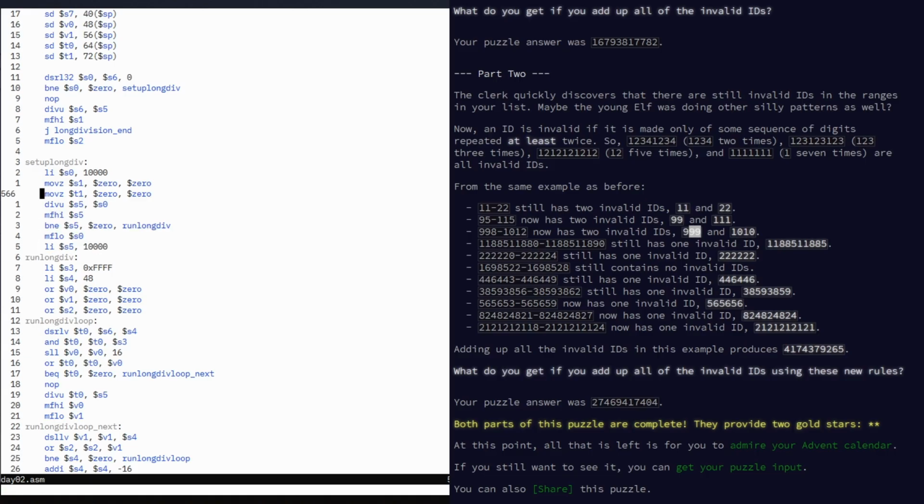So let's see. We move the high into S5. If it's not equal to 0, then we branch straight into long division, which will also flow, load the low into S0, and then we load S5. If it is equal to 0, then we end up loading 10,000 to S5. So we'll do the 10,000 first. Anyway,